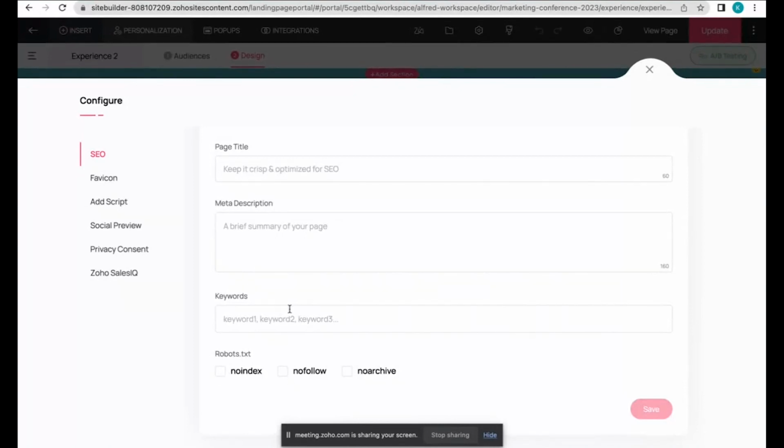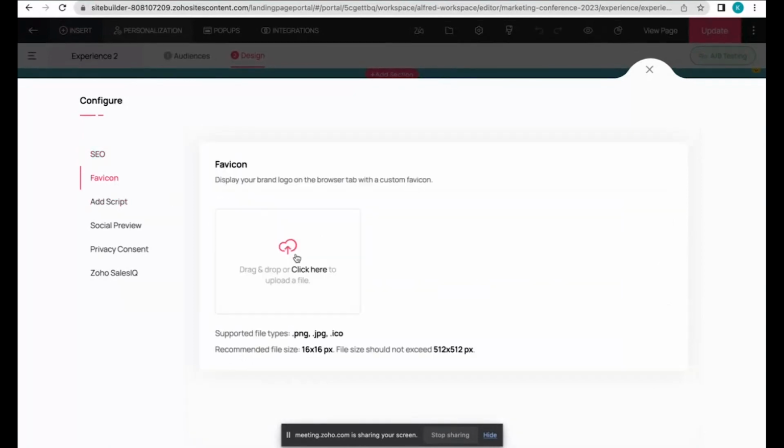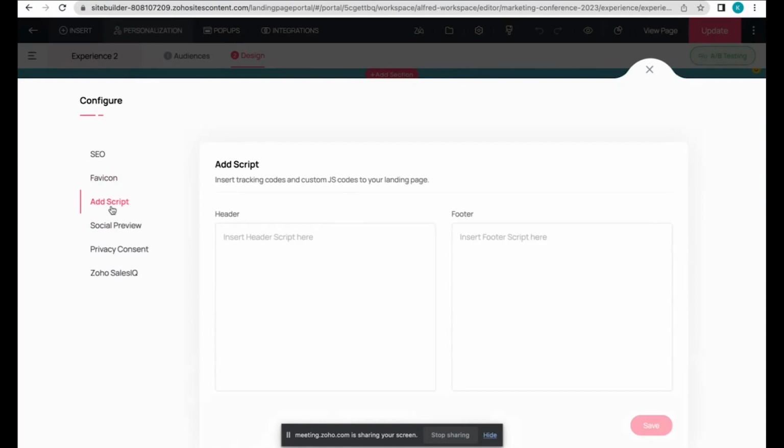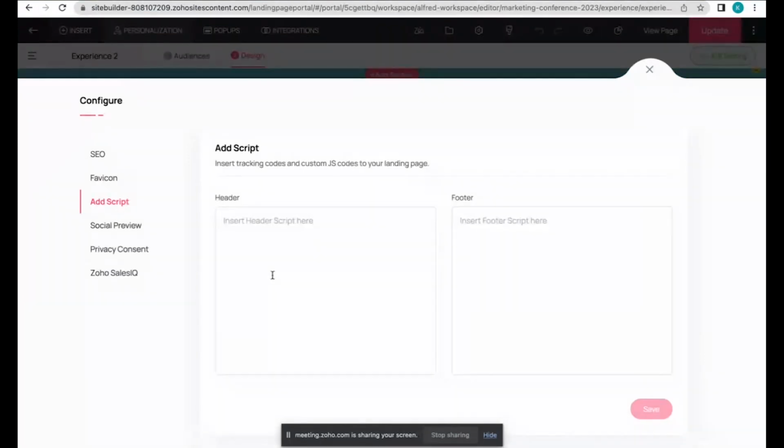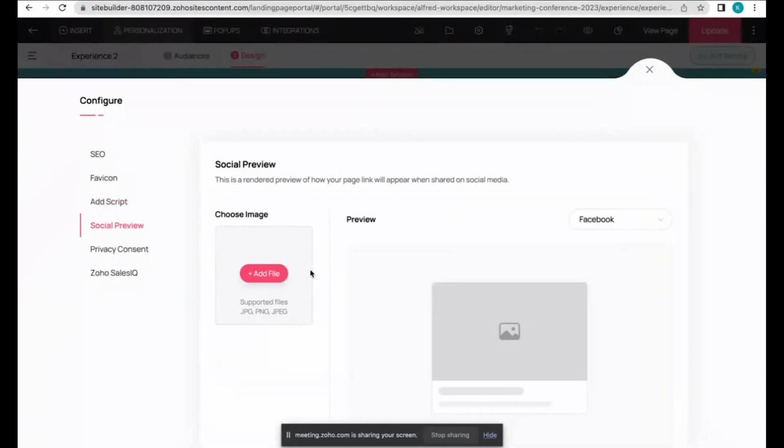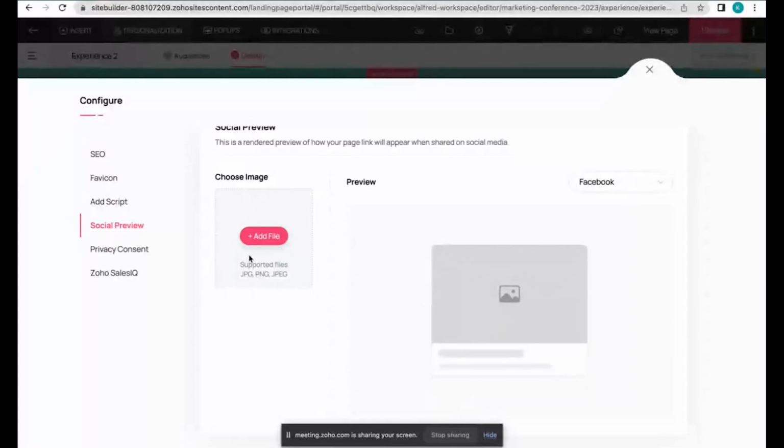Favicon is where you add your branding logo so that it appears here on the browser tab. You can add custom scripts in case you want to have scripts for different animations or scripts for tracking and so on. Social preview is where you will add an image, a thumbnail image, so that it's